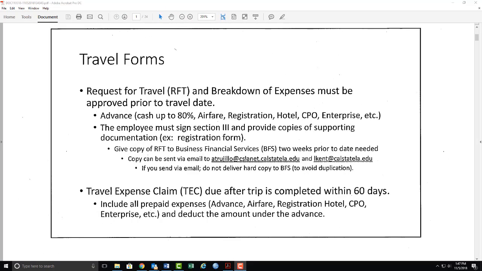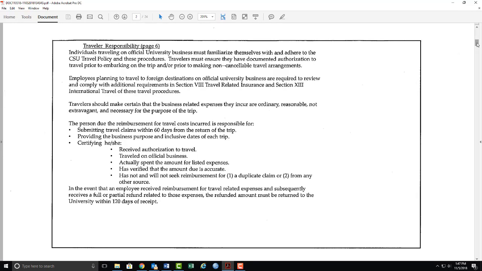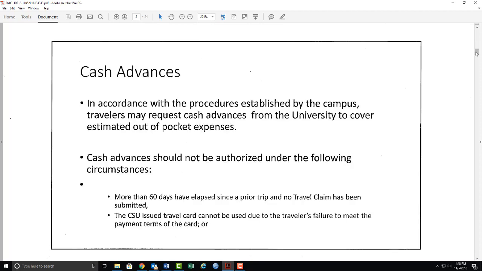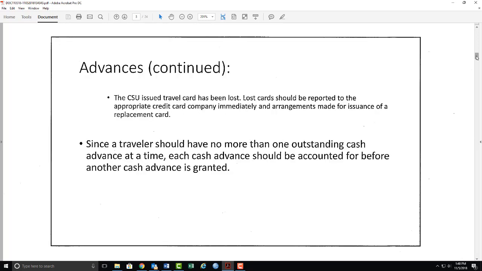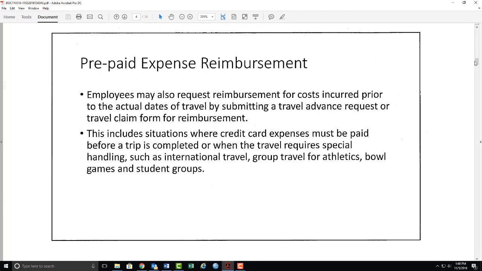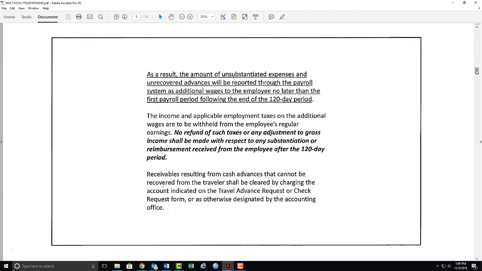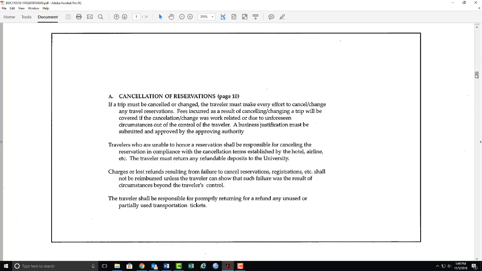Travel forms. Traveler responsibility, approving authority responsibility, cash advances, advances continued, prepaid expense reimbursement, recovery procedures, cancellation of reservations,